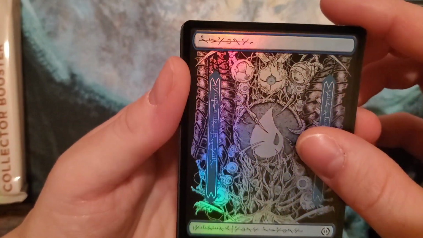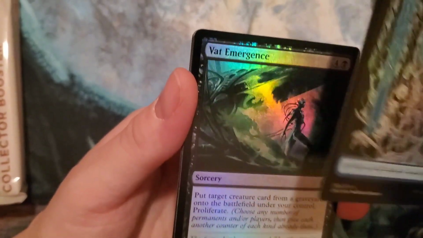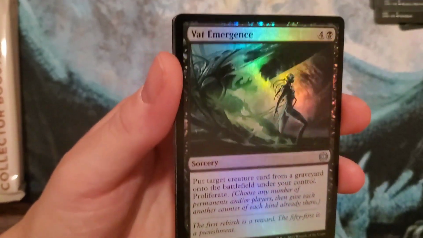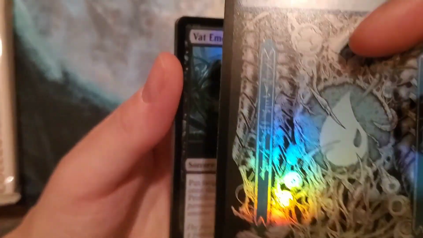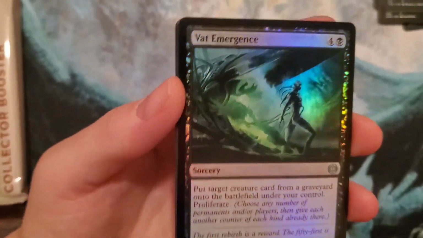There's a bitchin' island right there. I don't like the island though. I just like that it's foiled, but yeah. I think it's the least good of all of them. The forest is the second least good. This type of forest, which is kind of sad because that's my favorite color. But